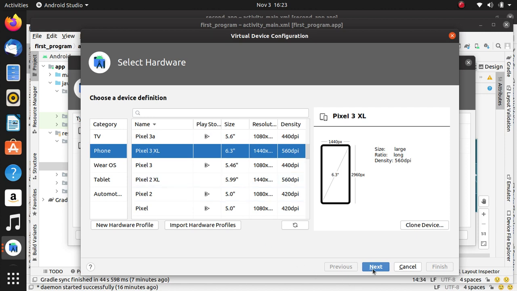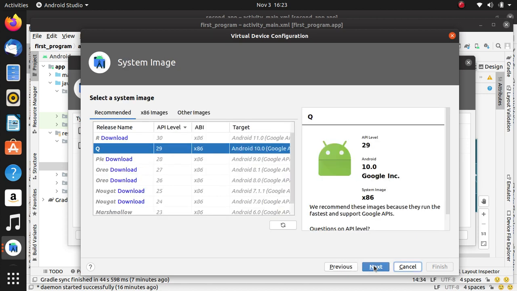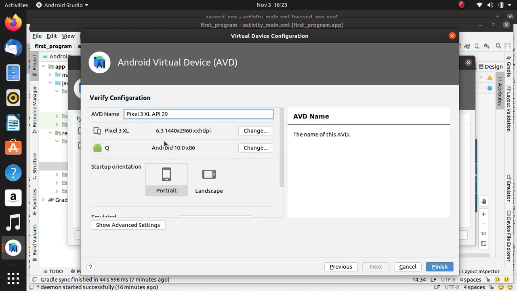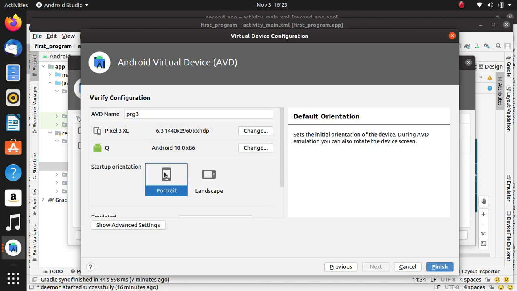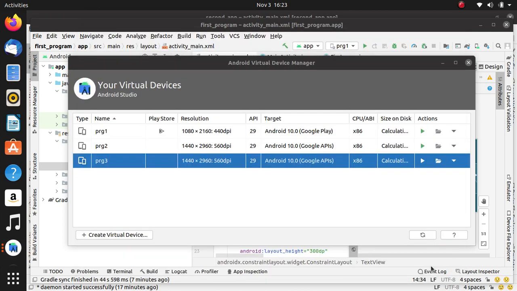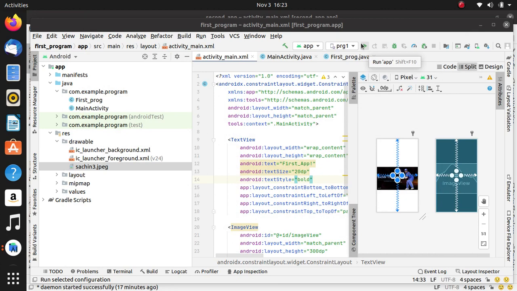Now click next. Now I will give a name to the device, then portrait, and that's all. Now close the AVD manager and now run the app.